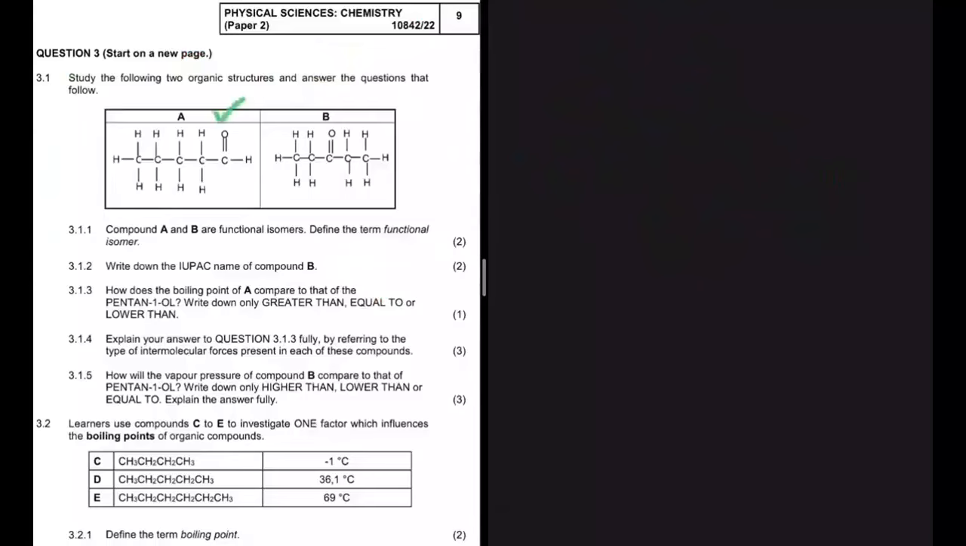Compound A and B are functional isomers, like we are told in 3.1.1. What we are actually required to do is define the term functional isomer. Like all isomers, we have the same molecular formula, but in this case, the compounds differ by functional group. So the definition for functional isomer: same molecular formula, but different functional groups. Let's look at